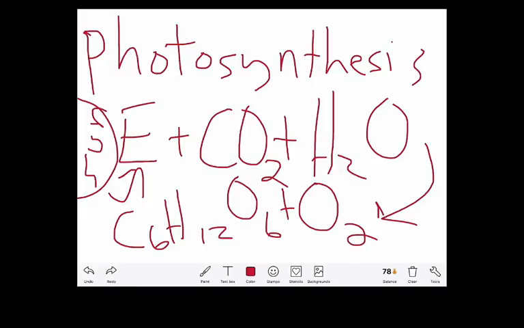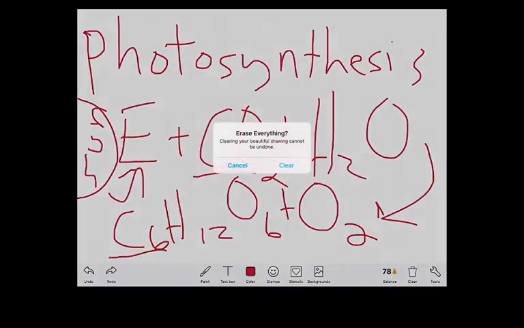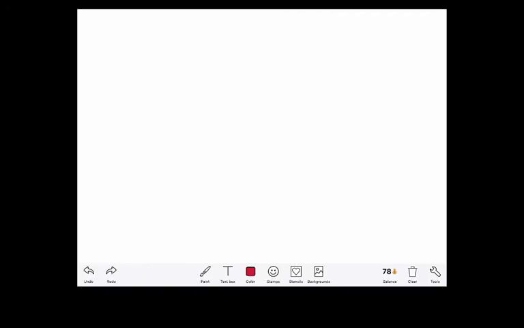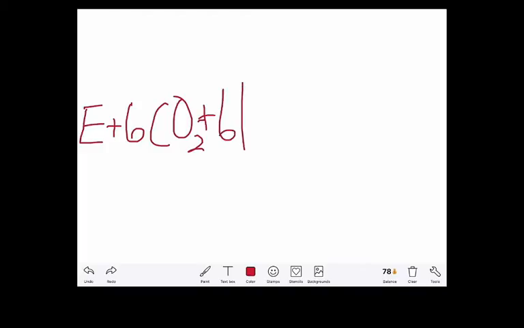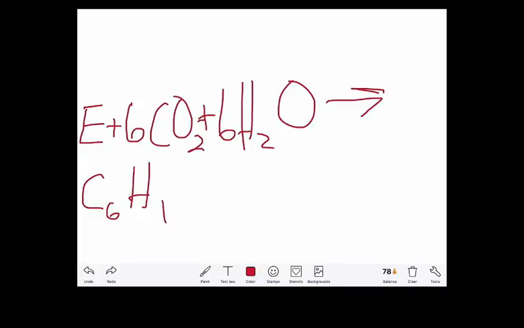Now this is not a balanced equation, meaning it's disobeying the first law of thermodynamics, because on the left-hand side I have one carbon, and on the right-hand side I have 6, and I can't make 1 turn into 6. So I'm now going to write the balanced equation of photosynthesis. Energy from the sun plus 6 carbon dioxide molecules plus 6 water molecules is going to give us 1 glucose molecule